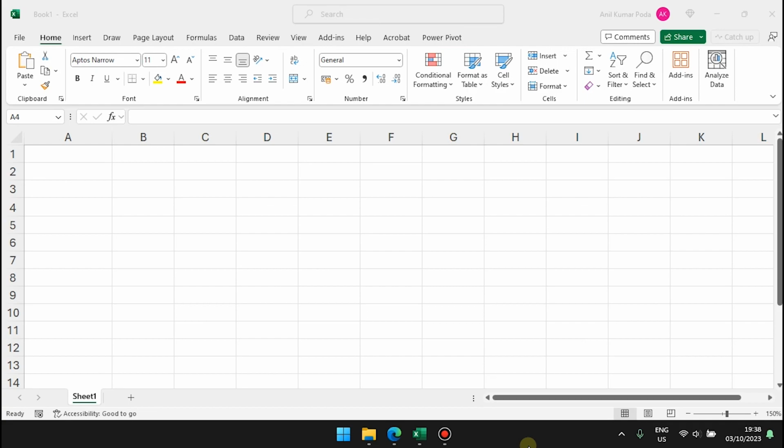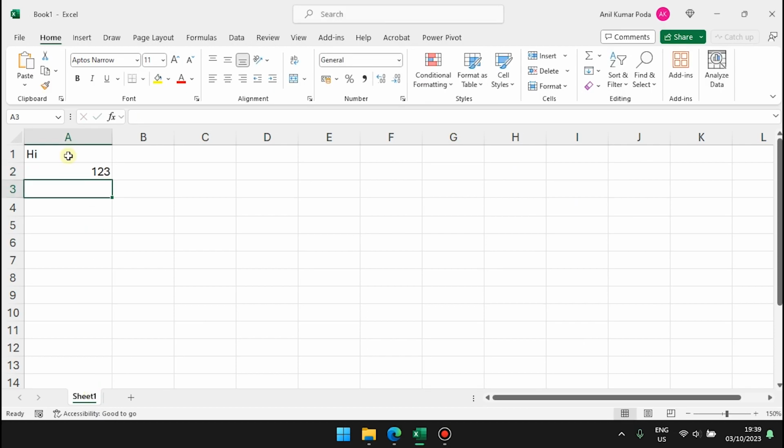In this Excel tutorial for beginners, I'm going to show you different types of data that Excel supports. All the options you need for formatting the data types in Excel are available under the Number menu group under the Home menu. So let's start typing different types of data in this Microsoft Excel sheet.